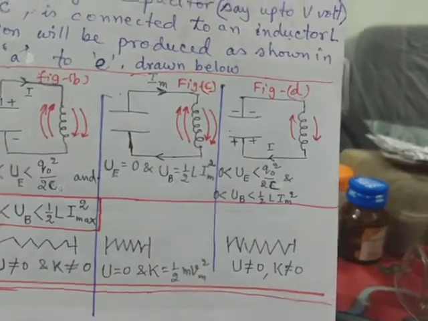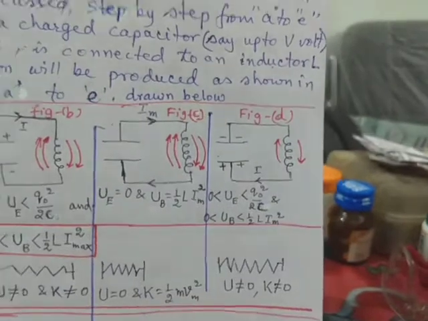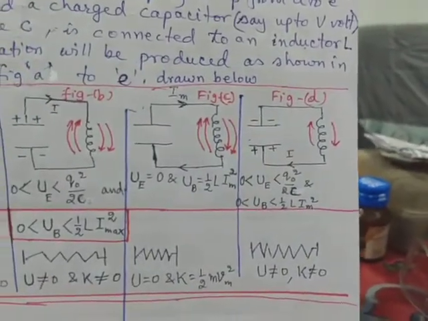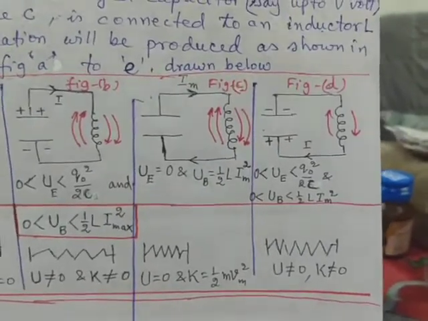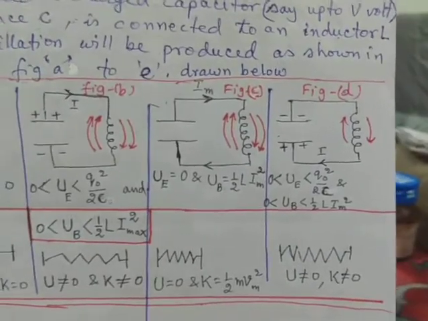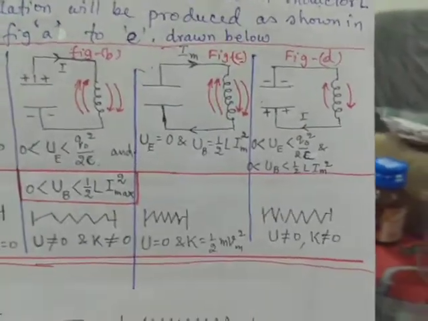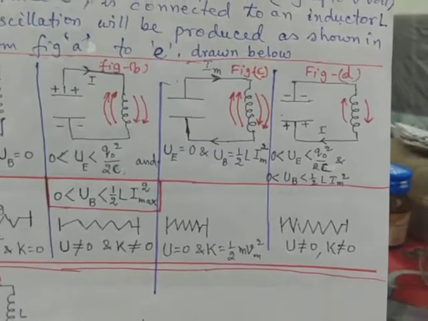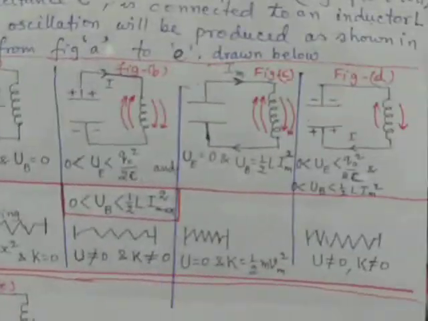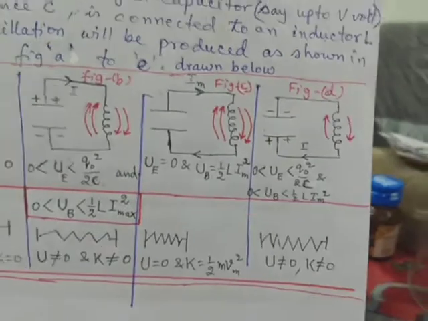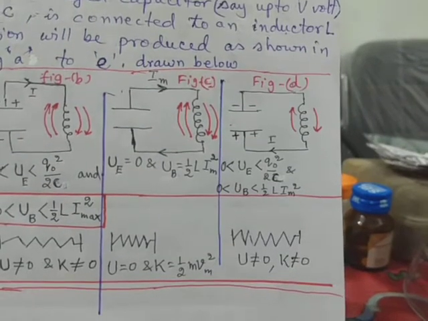So back EMF will now be produced, because now the change in current stops, and so the magnetism starts decaying, and this decay causes charging of the capacitor, but in this case the charging is opposite to what it was at the start, in the position referred to in figure A. So finally the capacitor starts getting charged in the opposite sense due to decay of magnetism in the inductance coil.